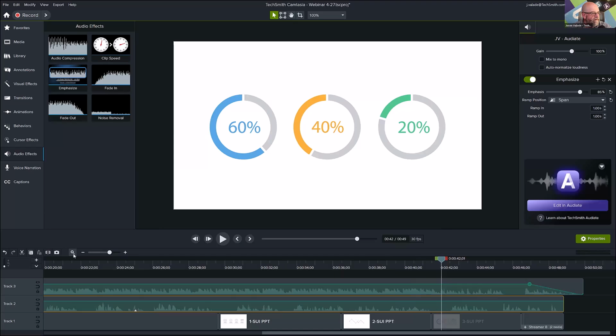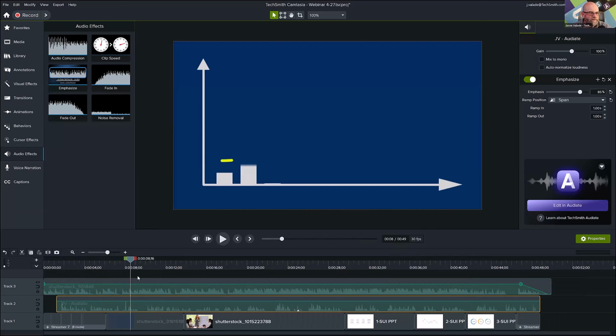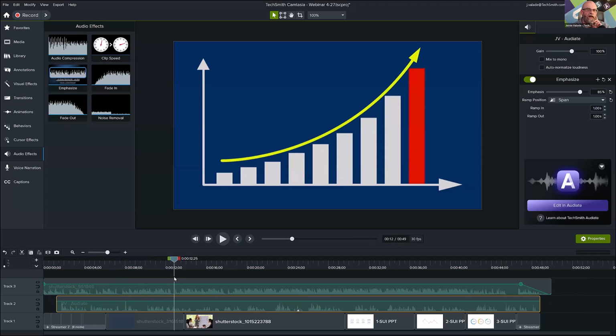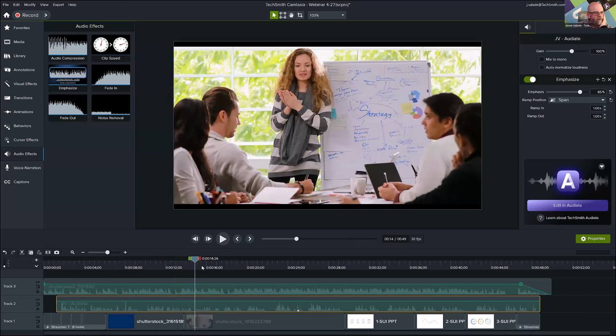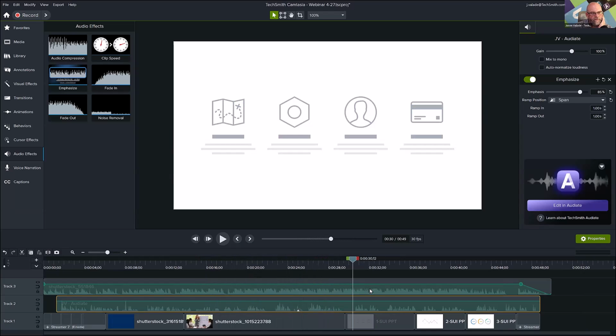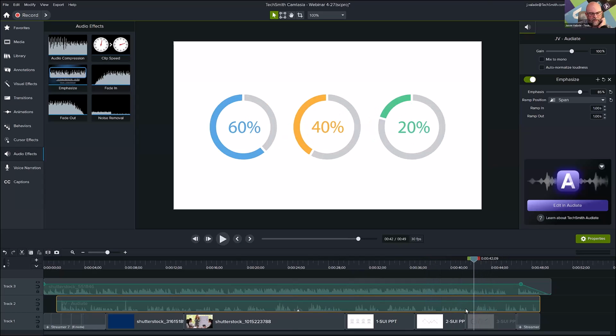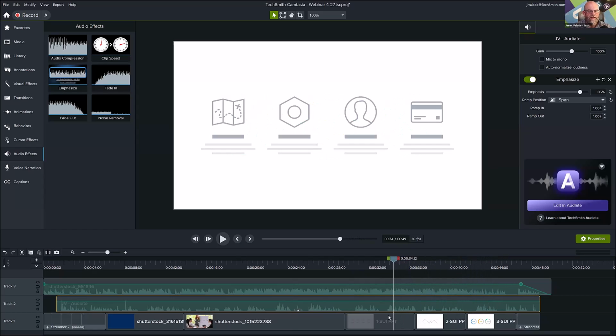Now we have a video that's looking pretty good. There's still some other things I'd like to do, and these are some of the most common things people use Camtasia for. You'll notice as we switch from this graphic to this one, it looks okay because there's motion to them. But these are still images. They're just PowerPoint slide images. So what I'd like to do is add a little bit of movement, some transition to